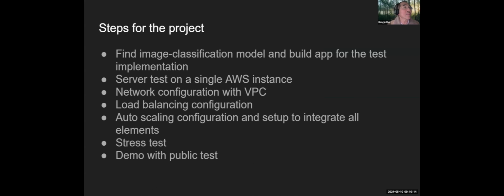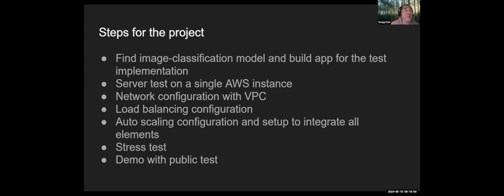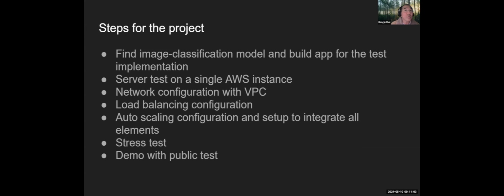Hi, I'm Dongju Choi from UCSD. So for the project, we followed the following steps during these 5 days of development. Of course, we initially spent time finding the image classification model, which is a ResNet 50 inference test. And then on the first day, we did the design, considering the whole project with the app for the testing and implementation. After that, we built a server with just one single AWS instance to test the whole configuration and our project goals, and